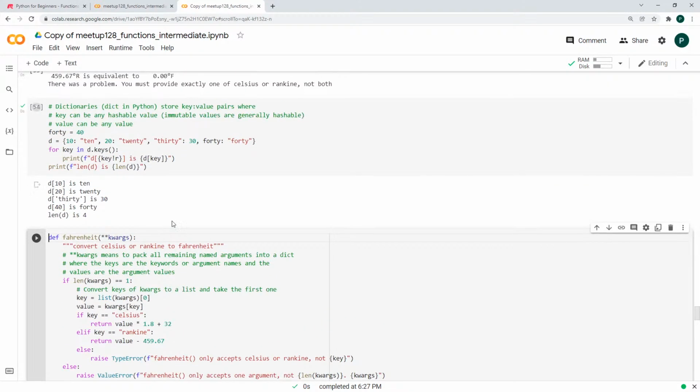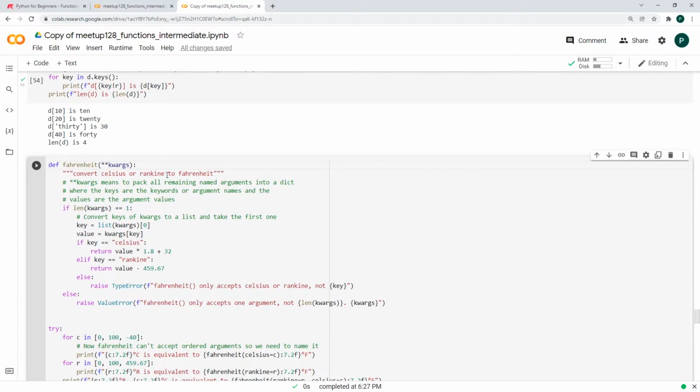Alright, now dictionaries can be really useful when you're looking at arguments for functions. So we've got our function here, and we don't know how many arguments there are going to be. The user might decide to make up some new arguments or whatever, and so